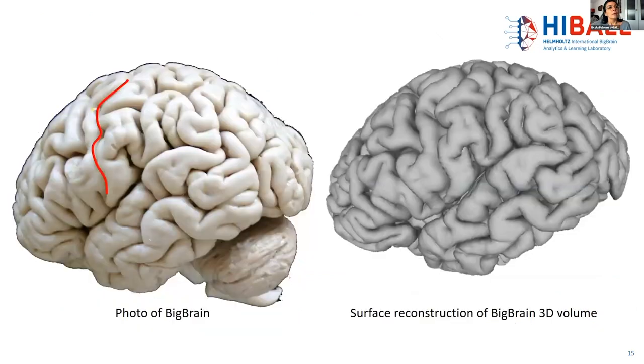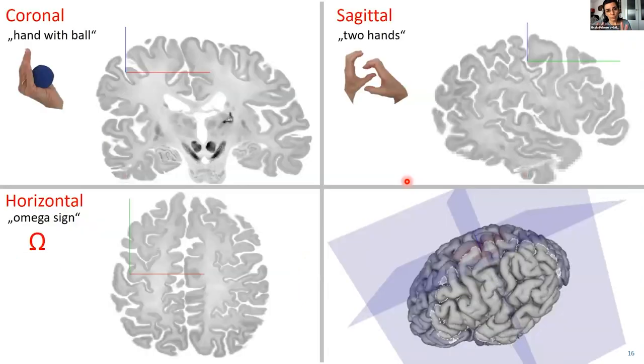Now, I showed you the location of the central sulcus on this photograph of BigBrain. How could you find it if you're looking for it in your volume? You could just do a copy and paste, and then you'd have the central sulcus in BigBrain. But what I'd like to do with you now is for you to move over, whenever I tell you to do so, to the Atlas viewer using the link provided by Susanna in